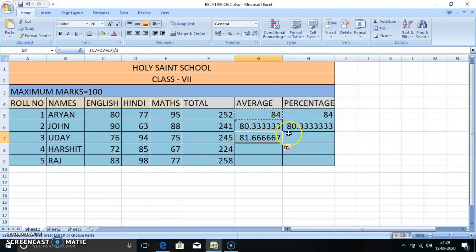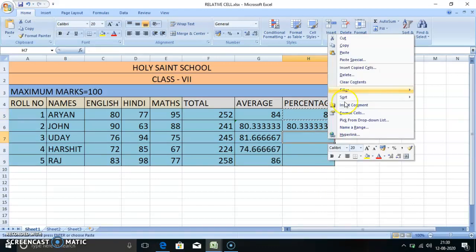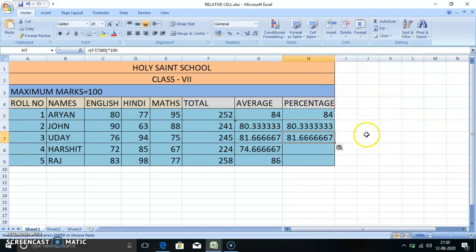In this way you can find the average, or you can get this plus sign, then drag and drop, and then also you'll get the answer. This is also a way to copy the formula. In this way you can copy and paste your formula, or you can drag and drop to get the answer. Hope you all are clear. Here our calculation and copying topic is over.